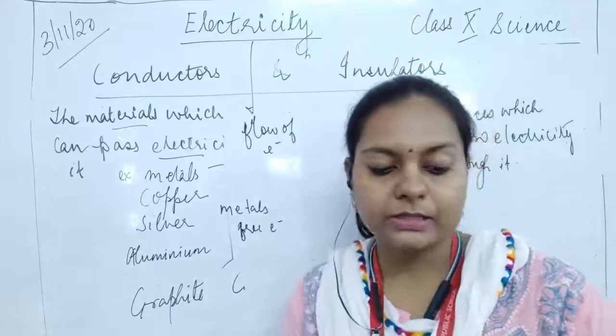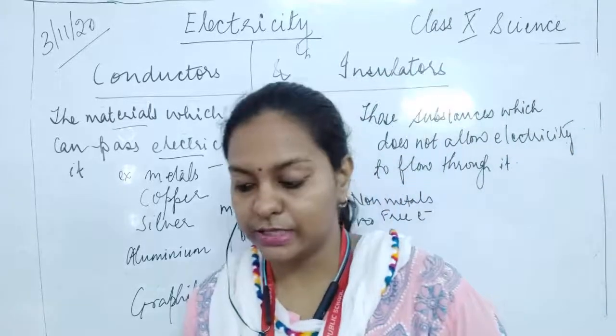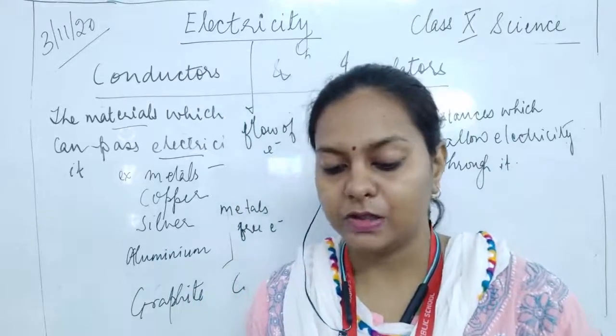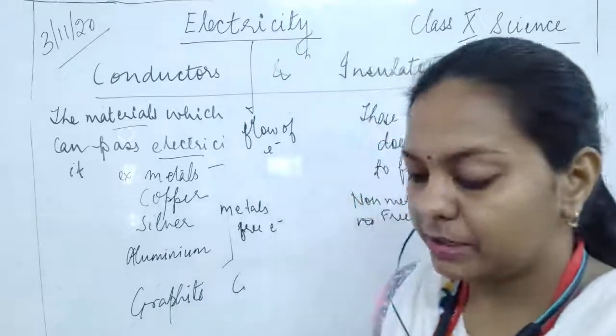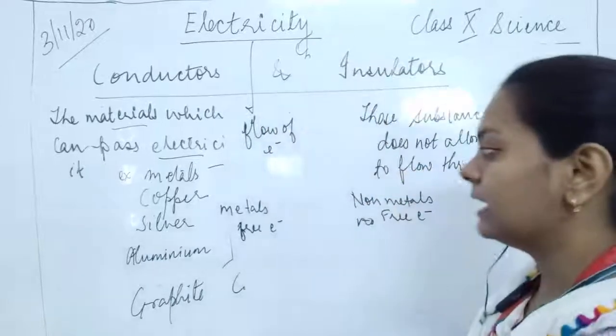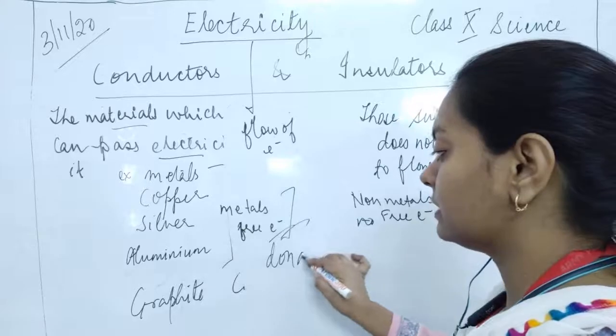After that, what happens? We just have seen that some substances are conductors while others are insulators. We will now be explaining the reason behind these different behaviors. All the conductors are metals. Okay, so metals के अंदर में क्या होते हैं? फ्री इलेक्ट्रॉन्स होते हैं. वही मैंने अभी जस्ट कहा आपसे कि जो metals हैं they have free electrons because they have the tendency to donate electrons.